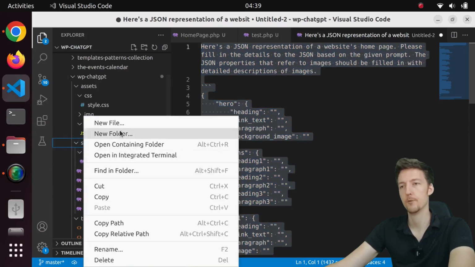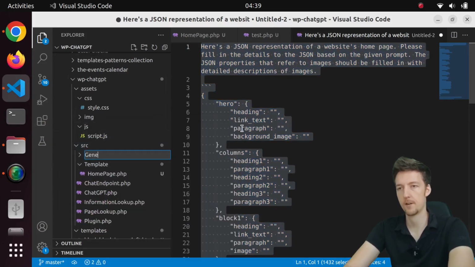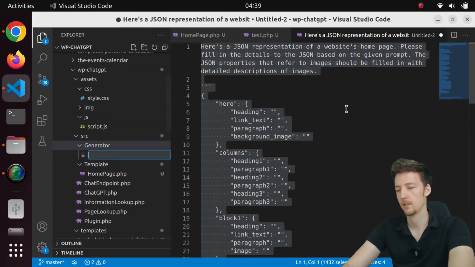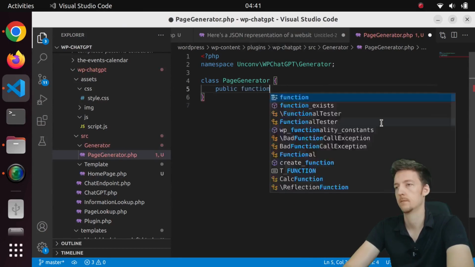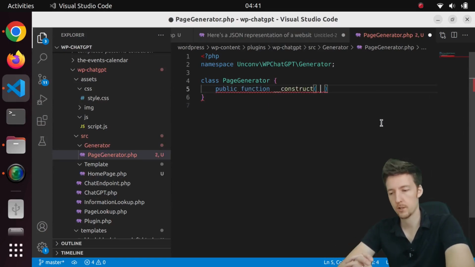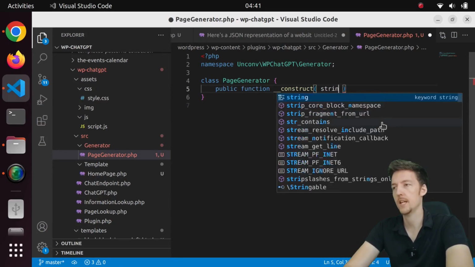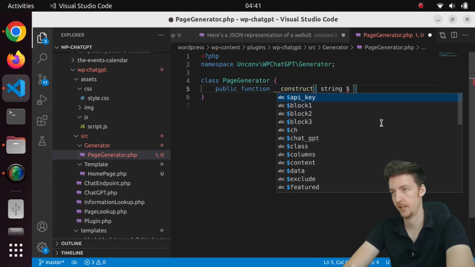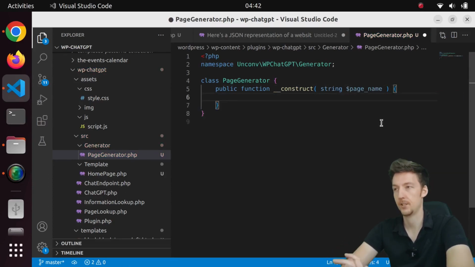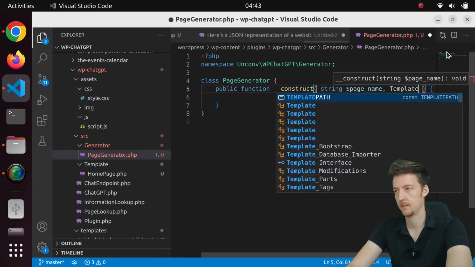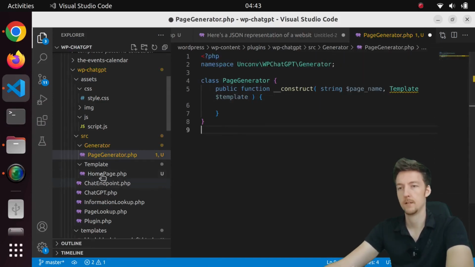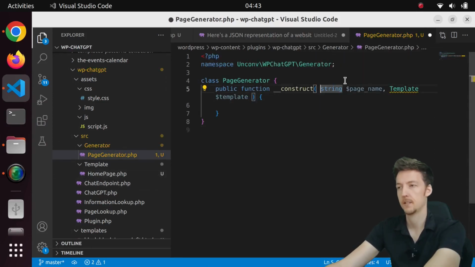Let's create a new folder here called generator. And let's create a new file called page generator. And here we will have a constructor. And this constructor should take a string of the name of the page. And then based on that, it should generate a page. And let's also take a template, which will be, in this case, the home page, but I will create an